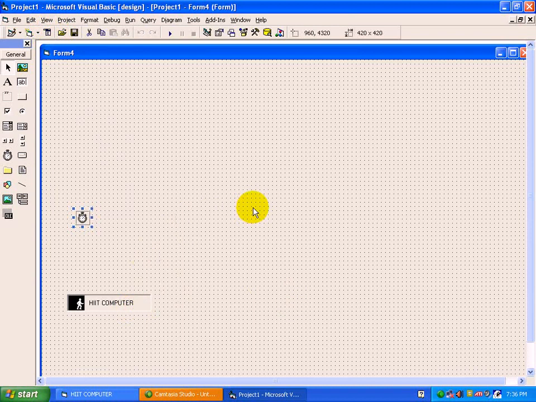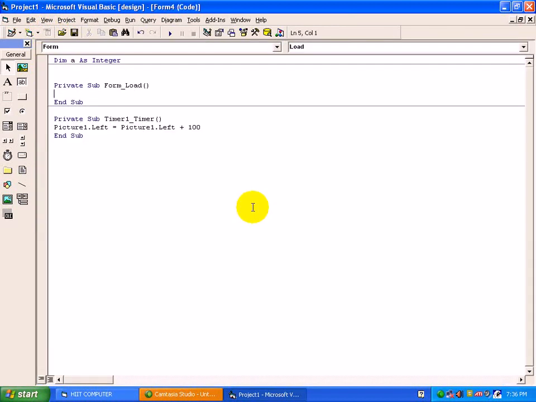To initialize a value, we will double click on form load. See, a equals 1. By default we are inserting the value 1 in the variable. We will check that value and specify some code lines. See, if a equals 1, then only the picture should increment by adding 100.